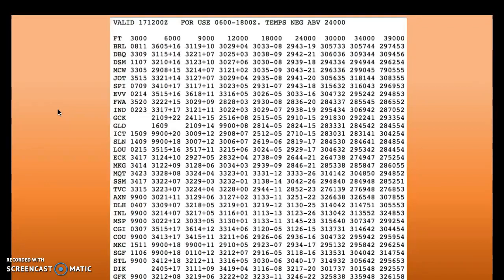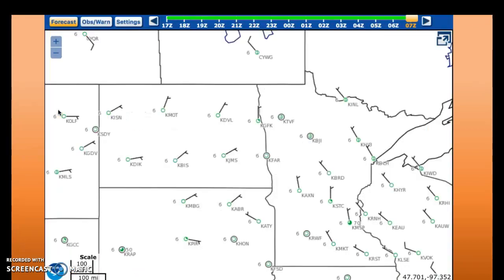So, for our last step, we'll be taking a look at the graphical forecast for aviation, and this will be 07 Zulu tomorrow, which is 2 a.m. tomorrow, which is the furthest it'll let me go. We can see throughout most of the state, winds are going to be at 5 knots, so they're fairly light. The sky would be clear, however we could have a few clouds in Grand Forks, and